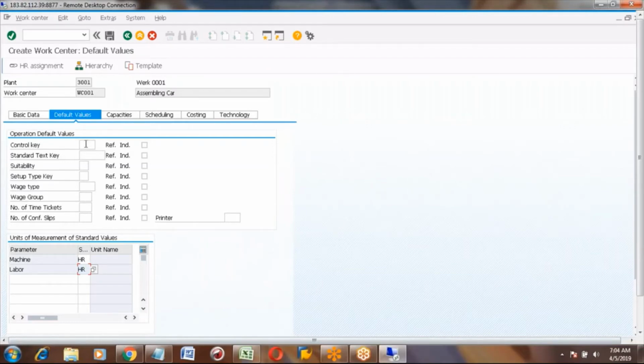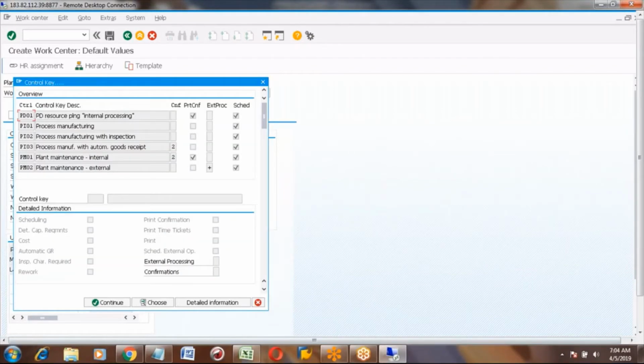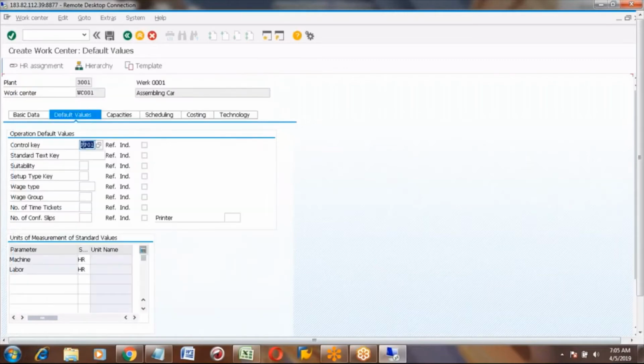For example, I am just selecting one value, PP01, and I will explain the importance and everything in the routing. If I maintain this value, when I'm creating routing, this value will come as a default. That is the meaning of operation default values.